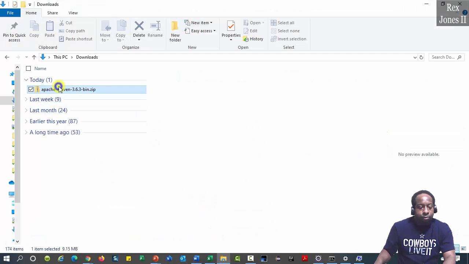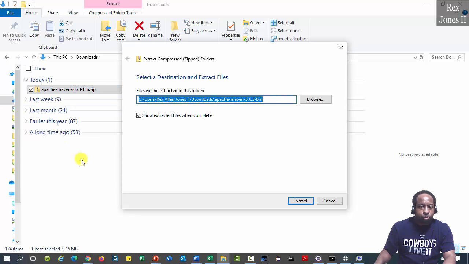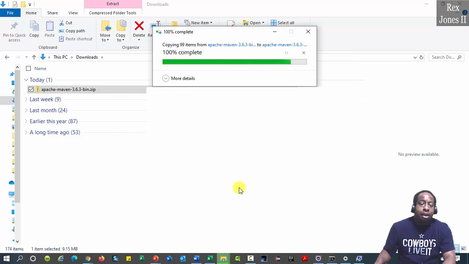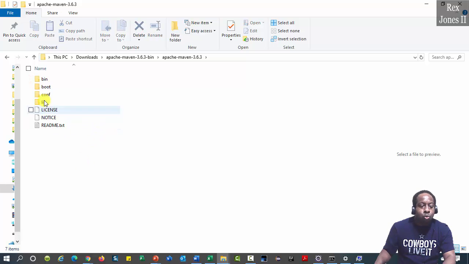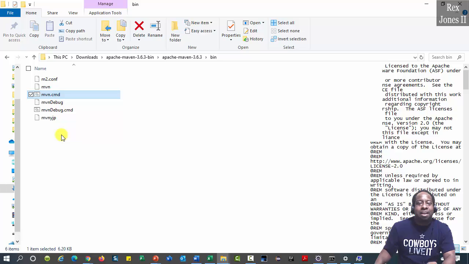Unzip the file. Extract it. Now we go into the bin folder and you will see mvn.cmd. This file allows us to enter commands from the command prompt. Copy the bin location